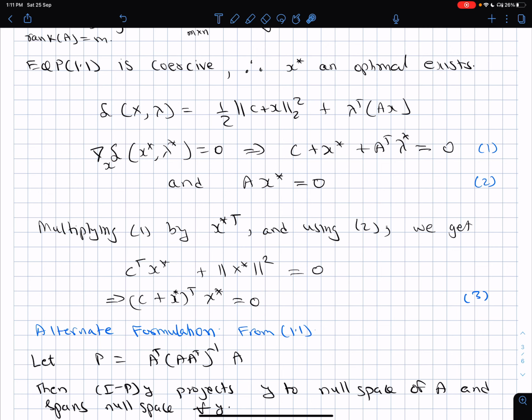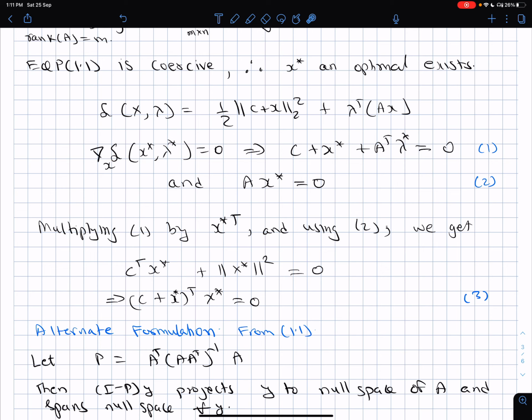an optimality condition or requirement, which comes out to be that the x star vector, the solution vector, should be perpendicular to the gradient vector c plus x star. So these two are orthogonal to each other. Here the 0 is a scalar. So this still does not give you the